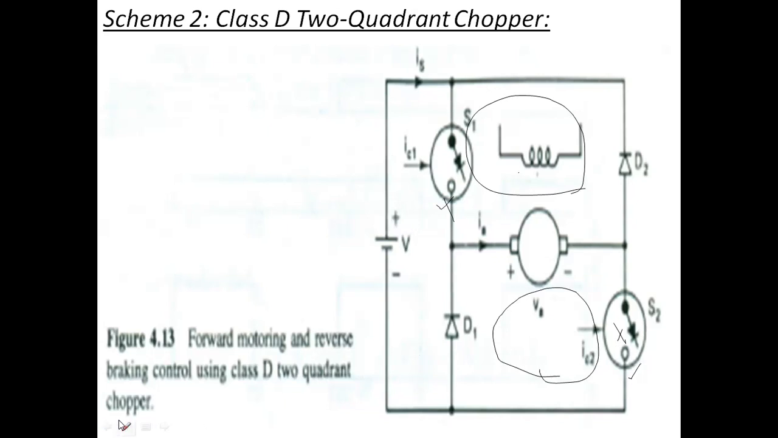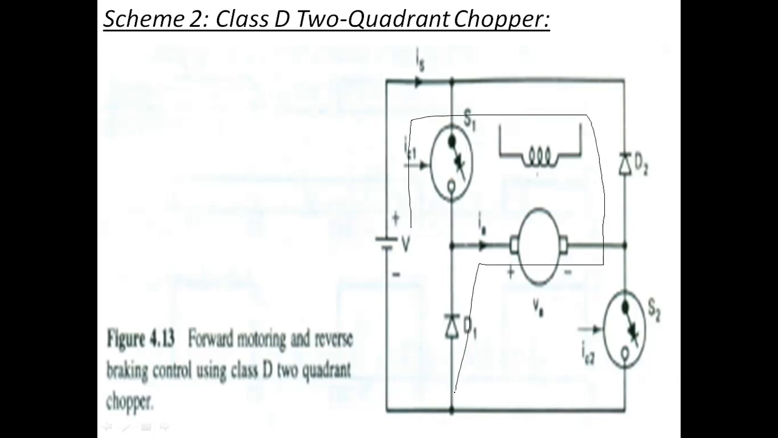And last mode, reverse mode. Both S1 and S2 are open. So the current will be flowing through the diodes. So as it is flowing in the opposite direction, VA is equal to minus VA. So these are the 4 modes. So if you see the waveforms here,